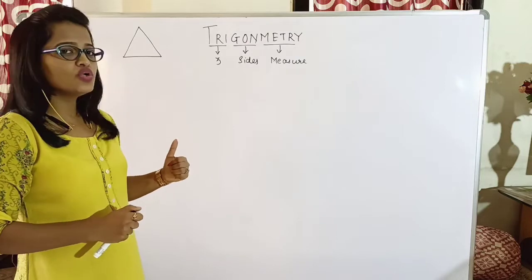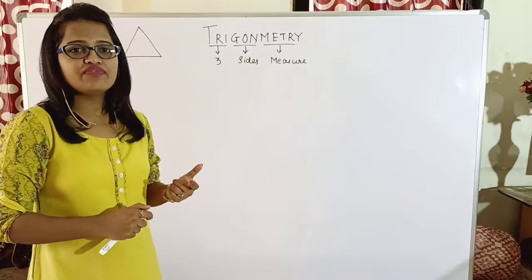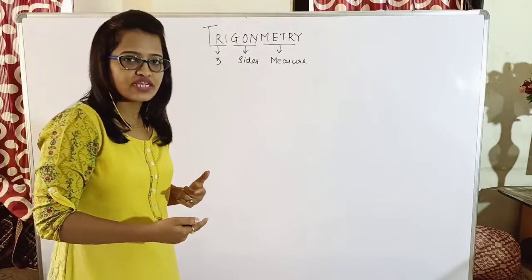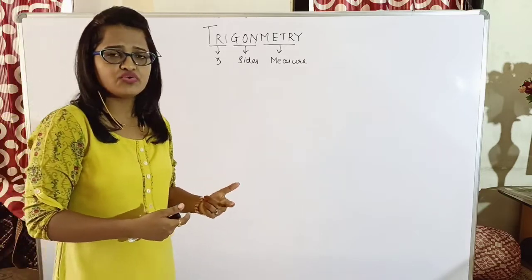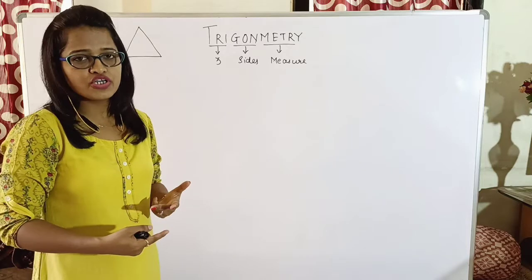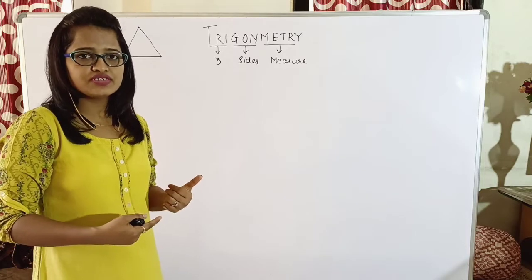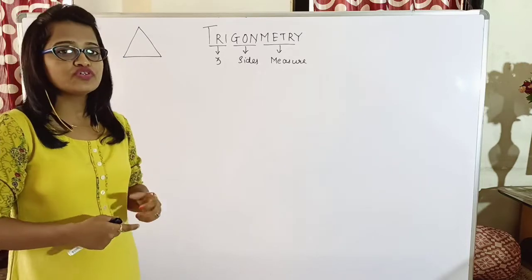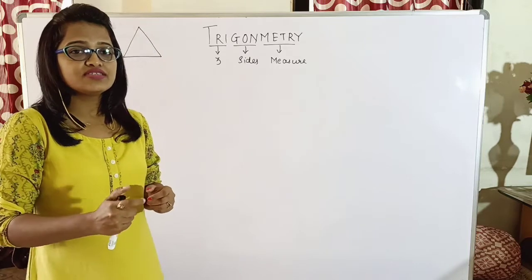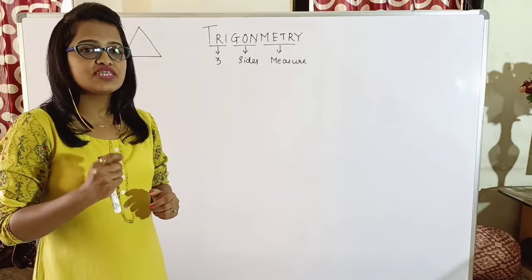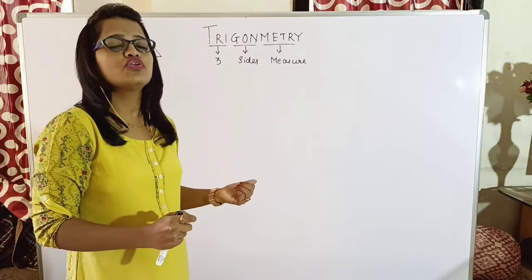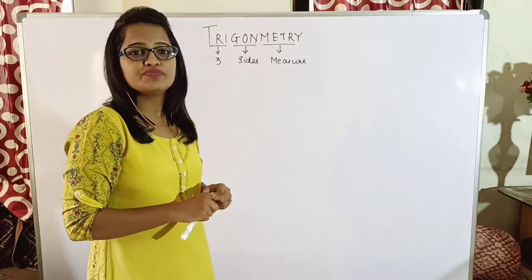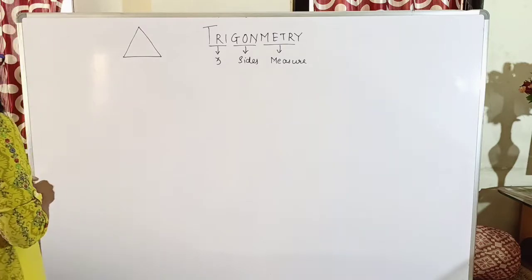So definitely we will be looking at the trigonometric ratios with respect to triangles. But why are we looking only at triangles, or why are we not looking at a 4-sided figure or 5-sided figure? Why are we not going for quadrinometry or pentometry? For that, we should first look at one basic thing which is applicable only with respect to triangles, and hence we are following the ratios with respect to triangles.